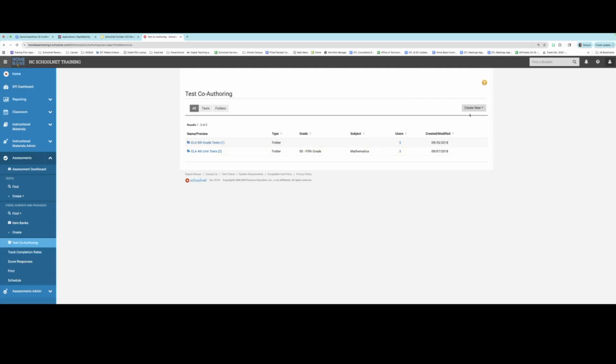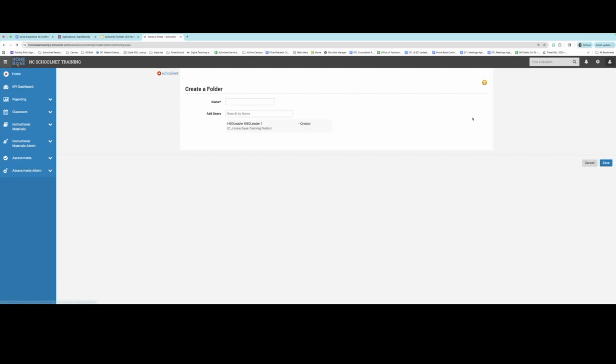So what you would want to do is come over to Create New, and you would want to click Create Folder. And this one I would say is 3rd grade. I could keep all of my subject areas within 3rd grade, or I could just have one for 3rd grade math and all of my CFAs are in this folder. Again, completely up to you how you would like to utilize that part. And then anyone that you want to be able to build onto the assessments, adding questions, deleting questions, just working together to build assessments, you're going to add those users here. I don't know of anybody in the training site. There's a fake someone, so I'll add them to it.